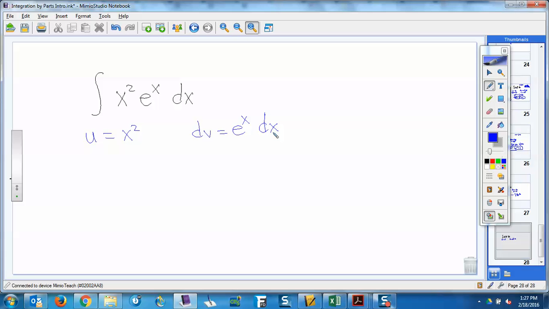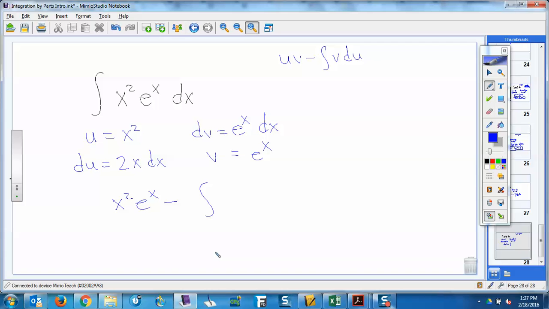The difference is the first one we did had just an x there, not an x squared. That was the difference. Okay, and I'll show you the main reason I want to show you this problem. So the du is 2x dx. And the v over here, the antiderivative of that is e to the x. Okay, so uv minus the integral of v du. So u times v would be x squared e to the x